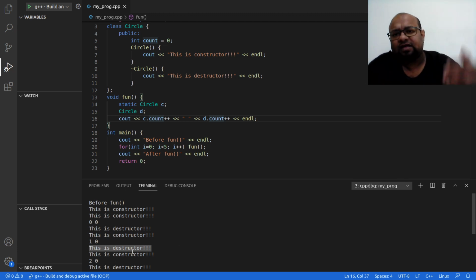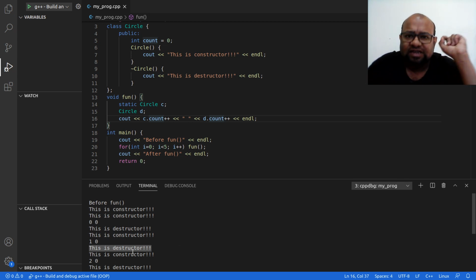And this keeps happening. I call this fun function again. The D object is created in stack again, and the count of this D object is initialized to 0. I print c.count and D.count. When I print c.count, I get the value 2 because that is what was updated when I called the function the last time, and I print D.count equal to 0 because D.count is just initialized to 0 in the stack. I print 2 and 0. That is what I see printed on my standard output, and then I return from this fun function.